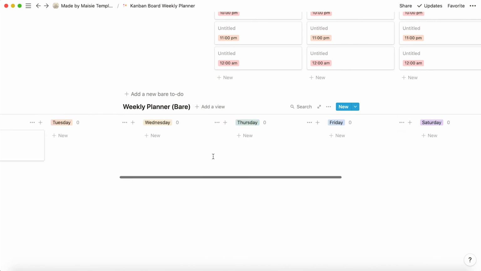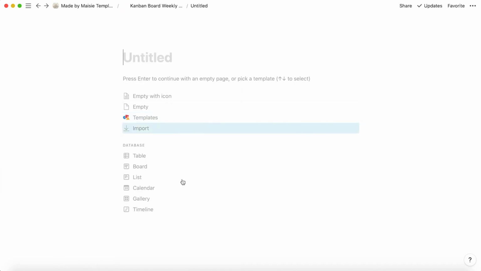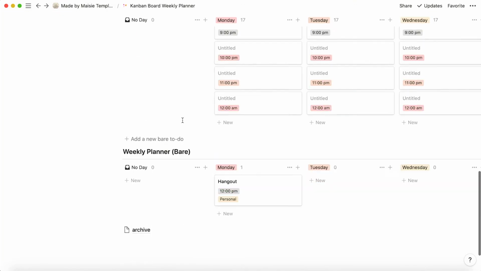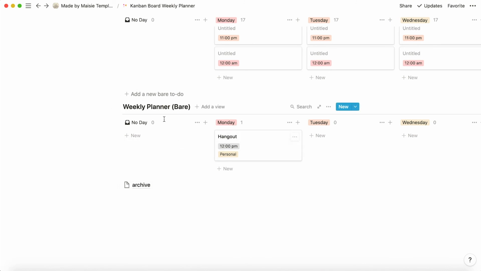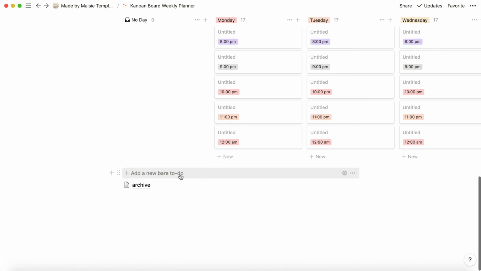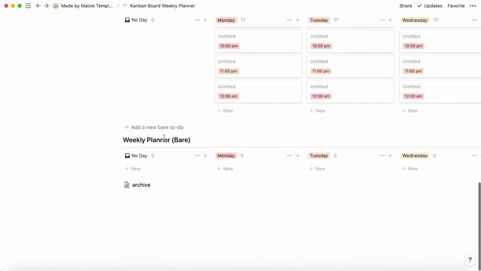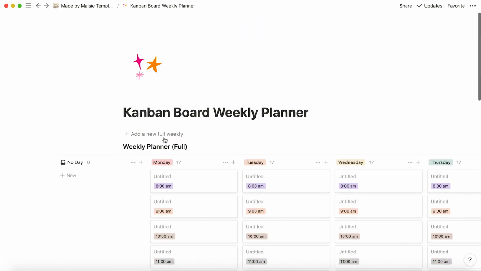So if you want to keep it, you can keep it on a separate page or something. If I go slash and then you see the page, right? You can have this as your archive. Oh, there you go. So once you're done with this, you can just drag it into your archive, add a new one, and then this exists separately. You can rename this to weekly planner, add the days the week spans, and then you can have a giant list of stuff you've done for the week. So that's how you can use this Kanban board Notion weekly planner,